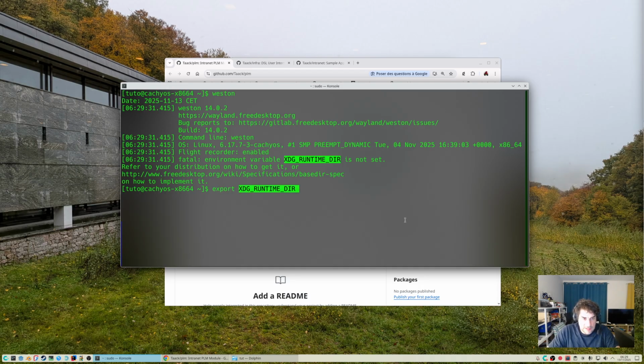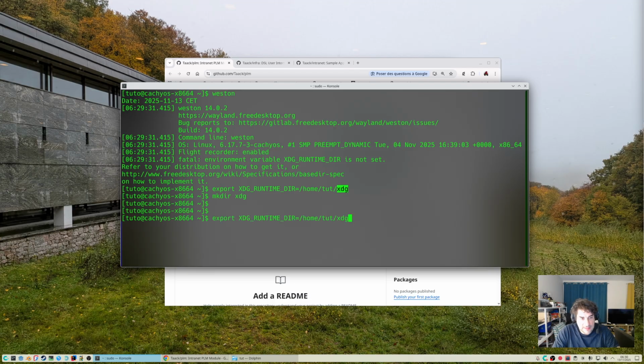Export this variable. We can create an XDG folder, a random one, whatever you want, but you need this variable to point to the folder you create. In my case, I create an XDG folder.